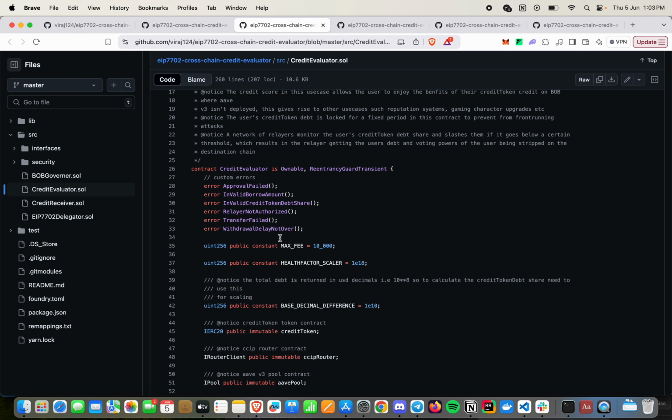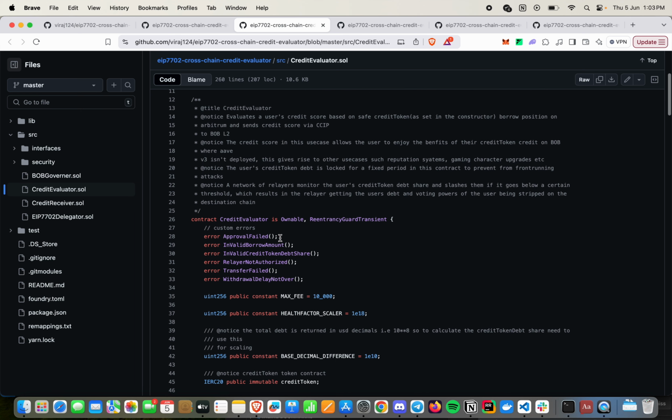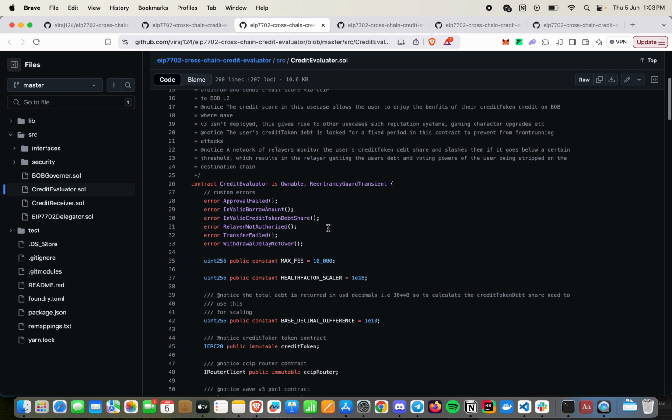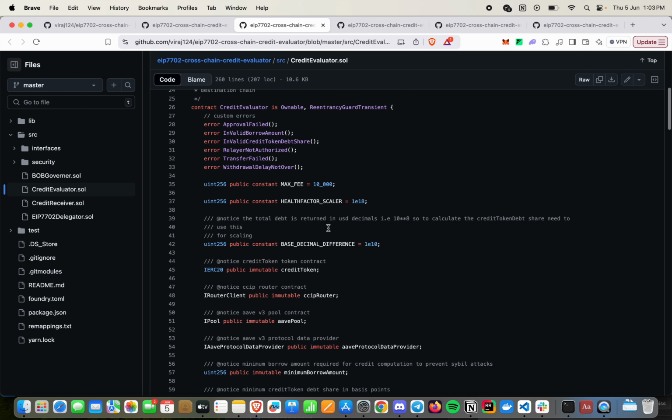So if I as a relayer am able to slash a user successfully, then I get paid a portion of the fee, which is basically the borrowed credit token that's been locked in this contract. There are more details, of course, in the whole description, which talks about the flow. But the idea is that we have